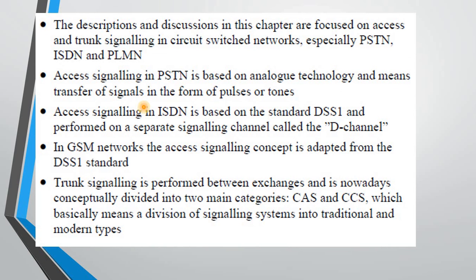Now we are drawing near to the end of our lecture. In this lecture, we have focused on the different types of networks, PSTN, ISDN, PLMN, and how the access and trunk signaling is implemented. We have also seen the case of DSS1, which makes use of the D channel, and in GSM networks we have also seen the access signaling. We have also seen that the signaling requirements are not related to the trunk, or we need certain circuit independent signaling as well, which are made